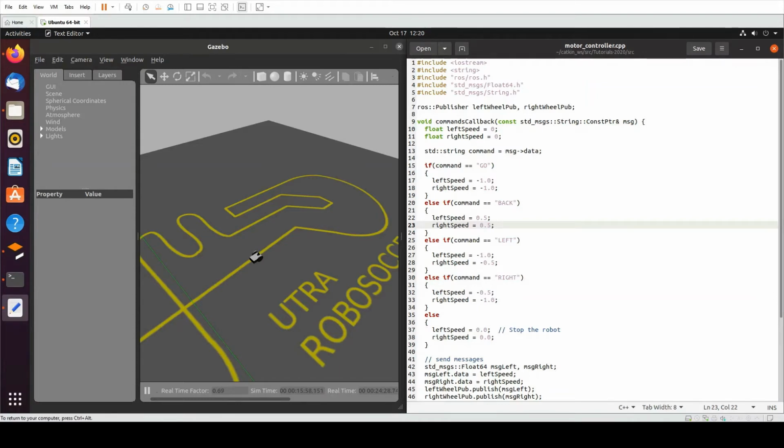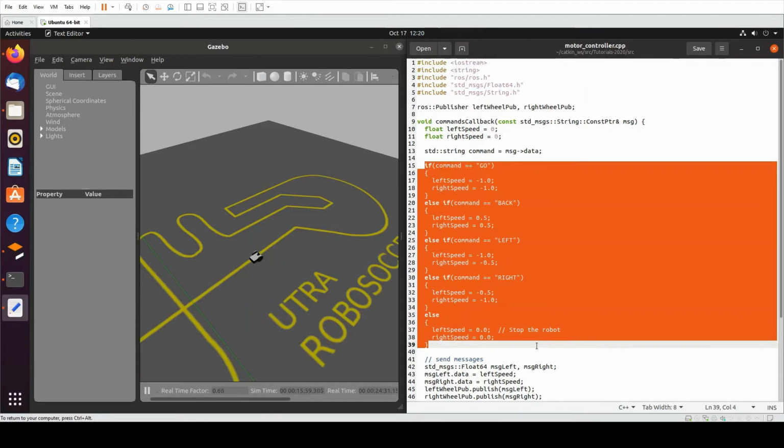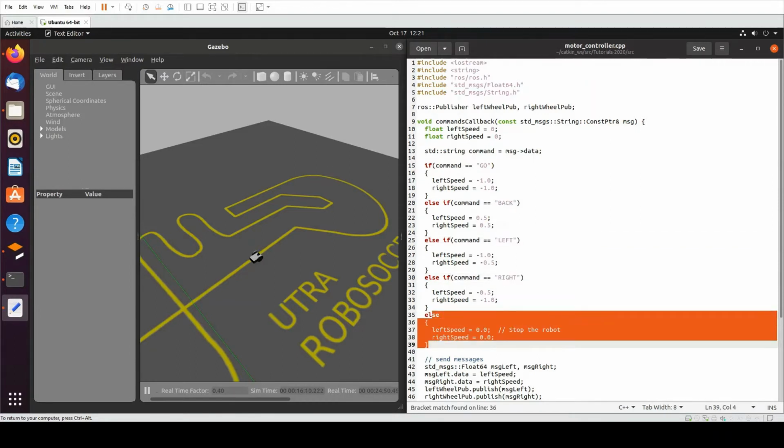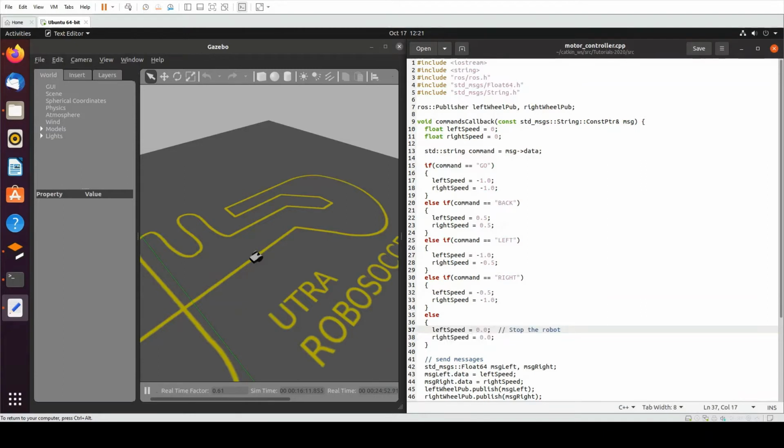So in my case, I have this giant if-else statement where it looks at the command that it received, and depending on the command, it will set the speeds of the motors. So you can see here I have go, back, left, right, and then the else condition is just stop the robot. It's all zeros. So that's what the motor controller does. And how I implemented it is I used